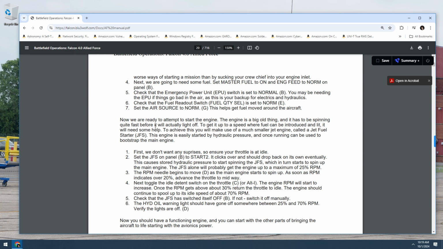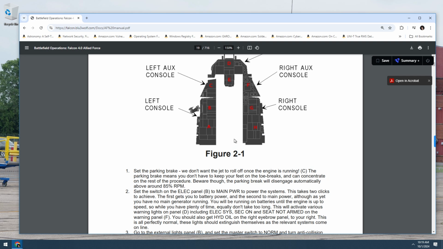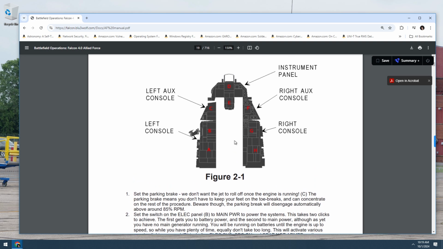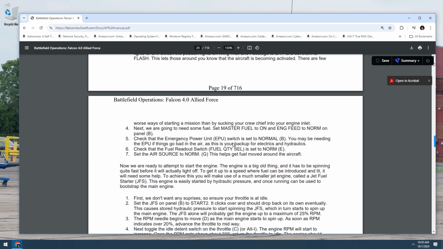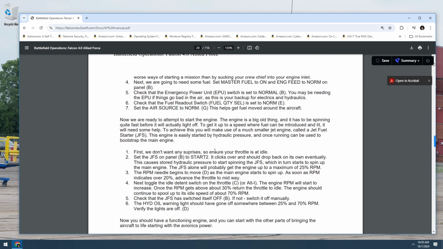So basically, the jet fuel starter is a small self-contained engine. It's kind of like an APU, but it's designed for starting the engine in the F-16. So basically it runs and turns the main fan blades to a speed where ignition can start and stuff like that. Right. So this engine is easily started by hydraulic pressure, and once running can be used to bootstrap the main